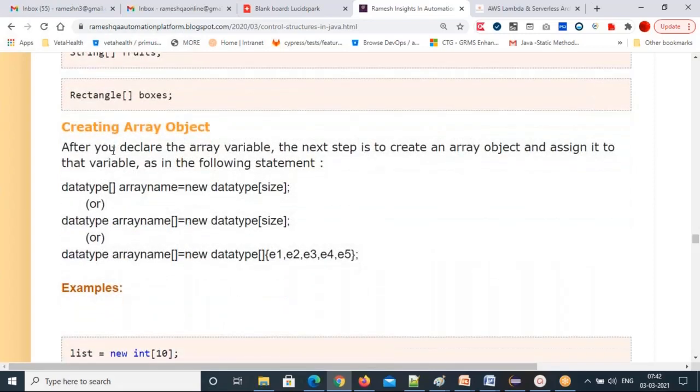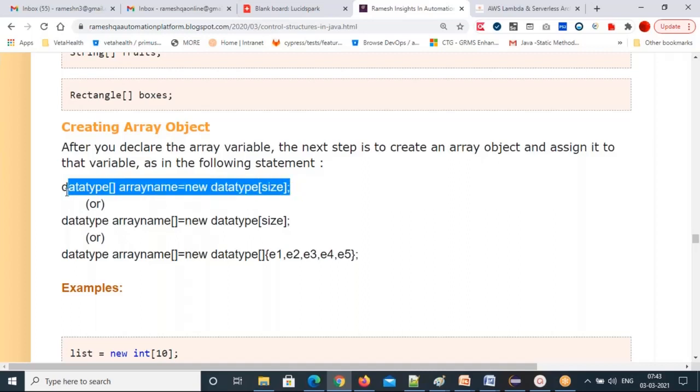But how to create an array object, I'm showing here. This is the data type, square brackets, array name, equal to new data type, size. In the square brackets you have to give the size. This is the syntax for how to create an array object.